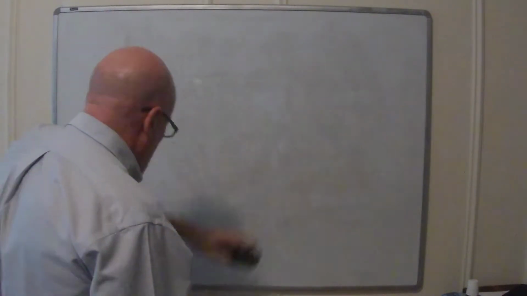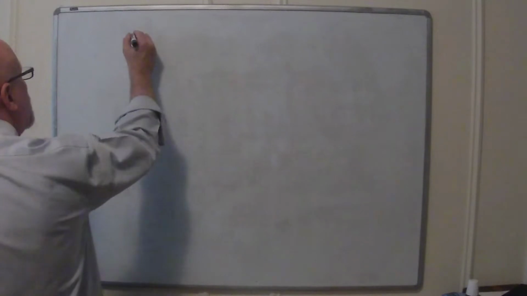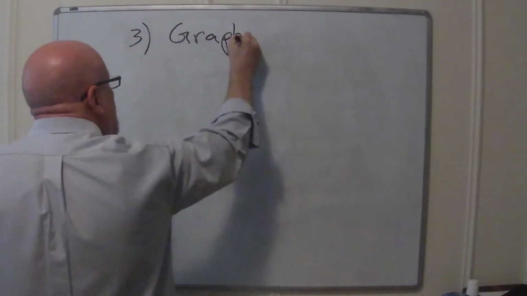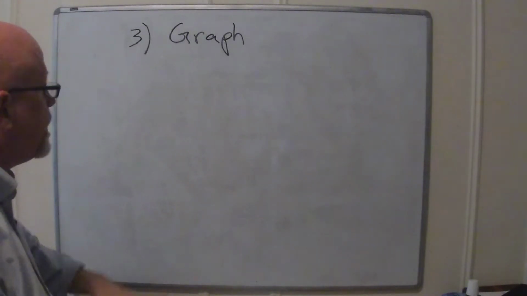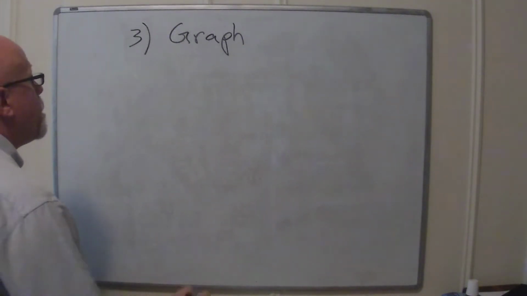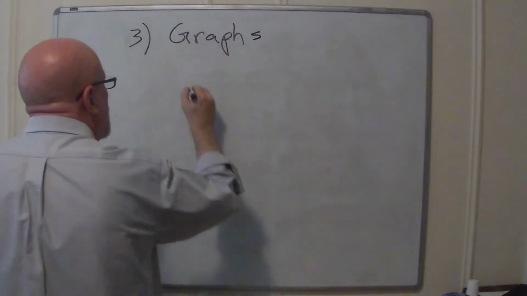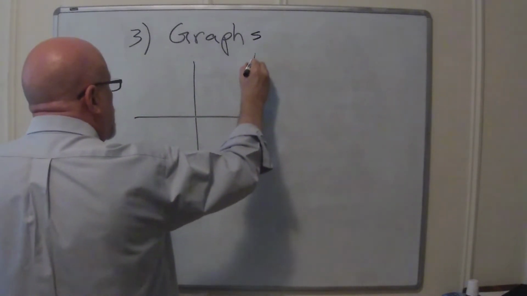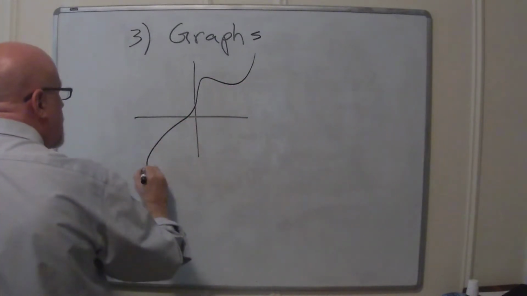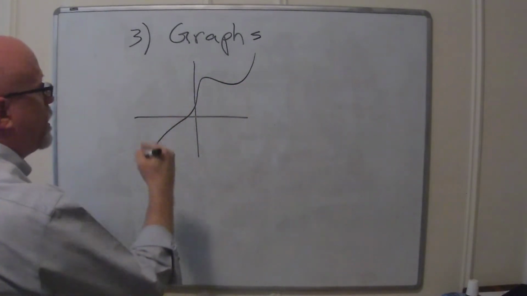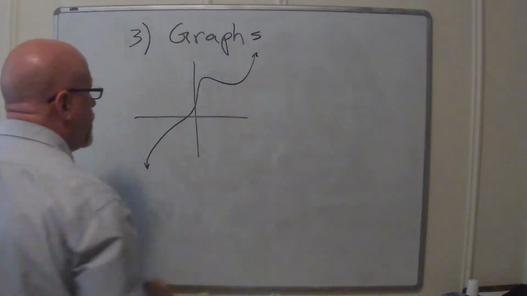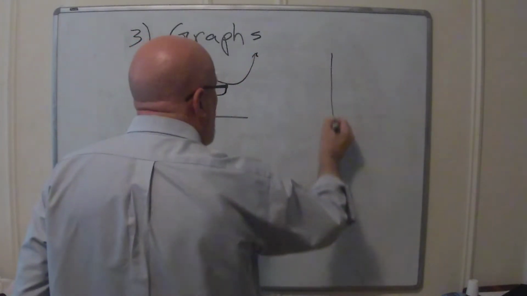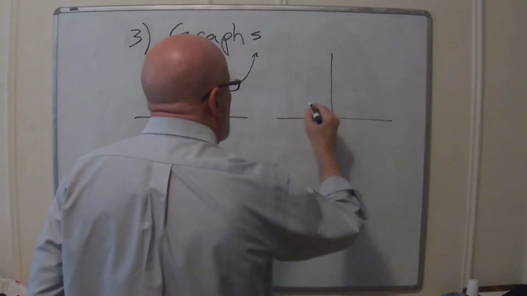Everybody heard of the vertical line test? That's really what we're talking about here. So when you have a graph that is a function, it passes the vertical line test, and if it's not a function, it fails it. So why? Well, here's a function that passes the vertical line test. I have no idea what the formula for that would be, but some kind of crazy looking wiggly curve. And here's a graph that fails the vertical line test.